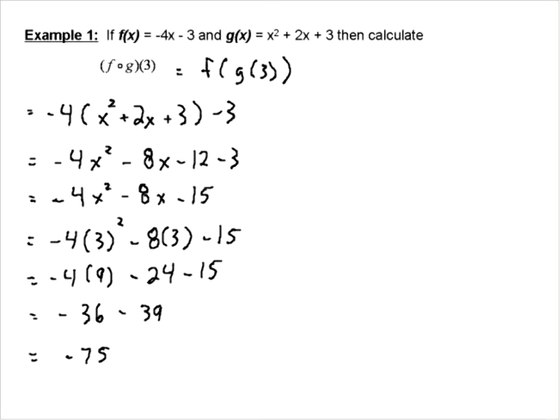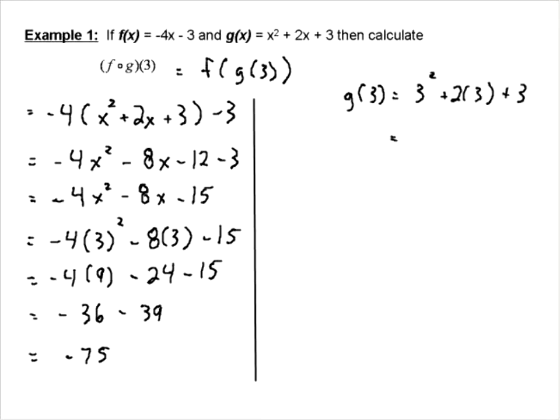Perfectly legit. We can do it that way. There's nothing wrong with doing it that way, but there's quite a few steps to doing it that way. I'm going to show you another way that we can do this. We can, right from the start, find out what g of 3 is. So let's just figure out what g of 3 is, because we know we're going to replace that value in f. So g of 3 is just going to become 3 squared plus 2 times 3 plus 3, which is going to become 9 plus 6 plus 3,